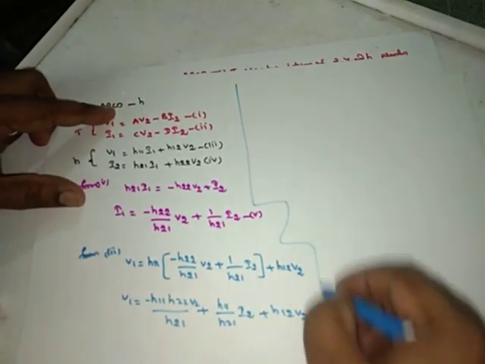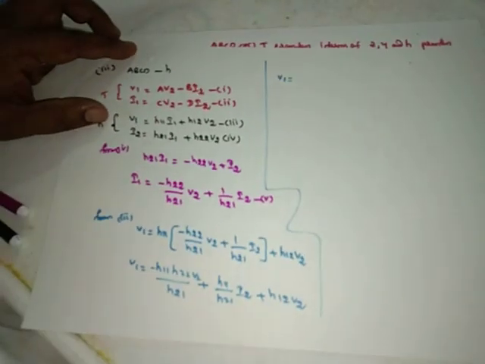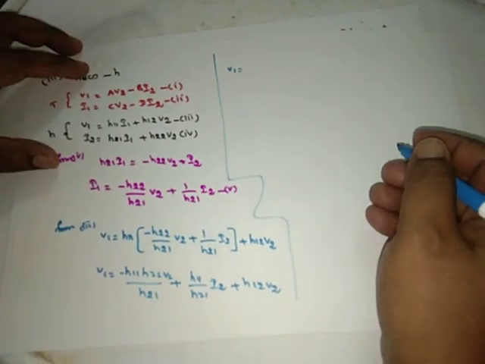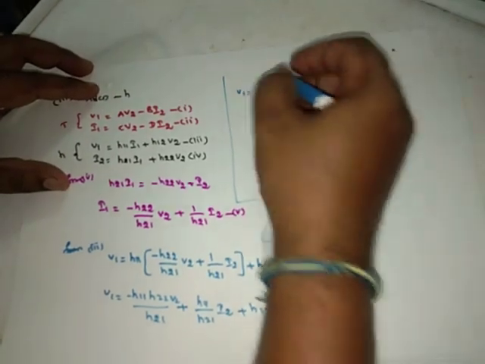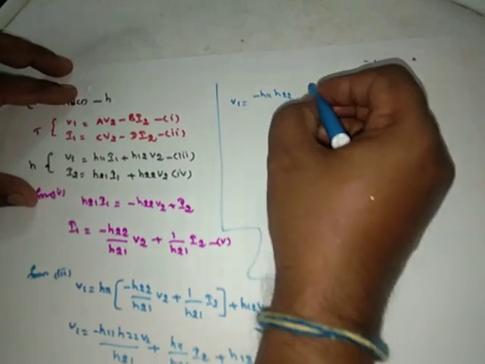Simplify here. Now v1 is equal to, take common here, this v2 and h21, minus h11 h22 v2